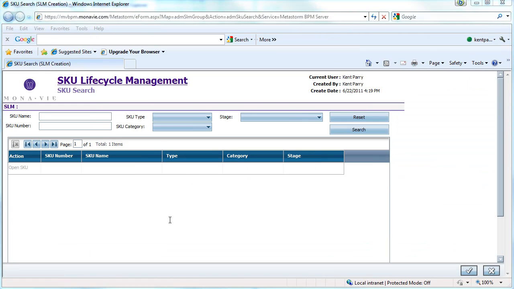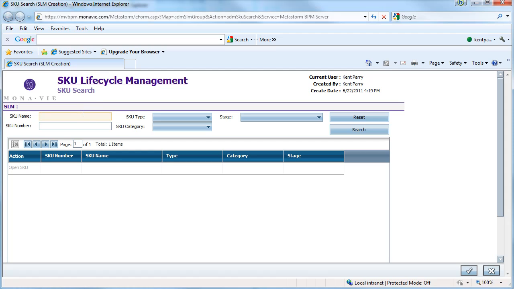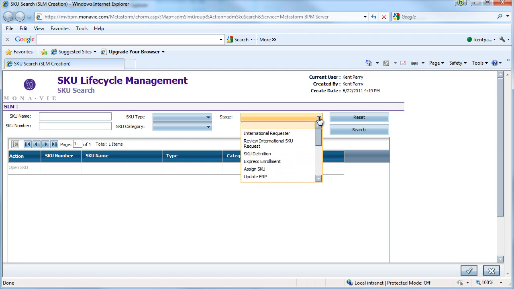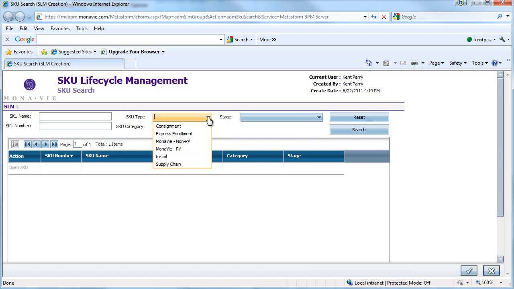The end user will then see this screen where they can enter in the name of the SKU, or if they know the SKU number, they can enter it, or they could actually just go over and look at the different stages if they want to search, or they can look at the SKU type and find SKUs that way, or they could also look at the SKU categories and search this way. So we'll walk through the most common SKU attributes or filters that end users should use to locate the